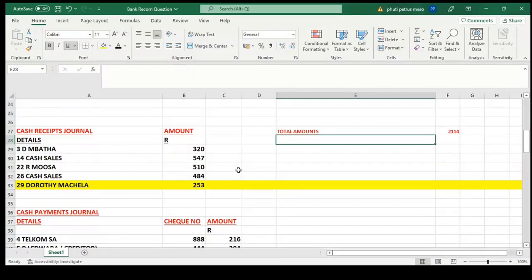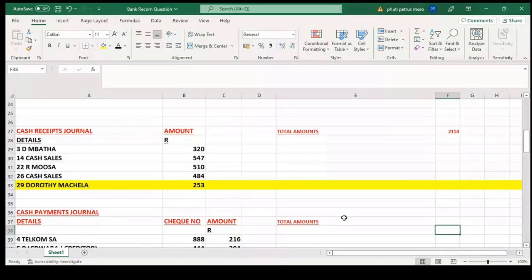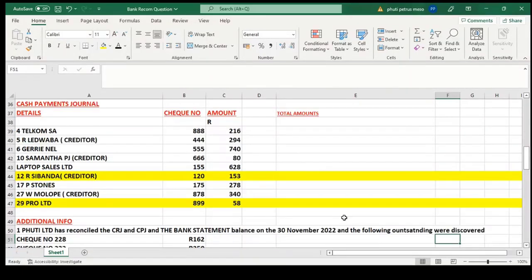Okay, you've added the CRJ, so maybe we should add the total of the CPJs as well. Total amounts. Cool. All right, let's add them together. Let me go here. But did you all get 2114 there under your CRJ total? Yes. All right, 216, 294,